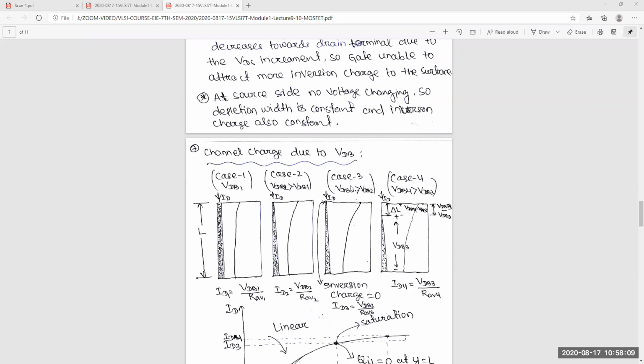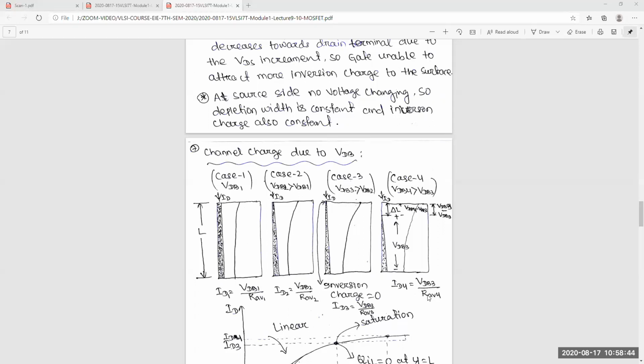If you increase more voltage, what happened? Again, this charge will be zero here. This part understood? Okay. So at which voltage will it be zero? VDB3, because already you have discussed. At VD3, yes, sir, the charge is zero, so this voltage is VD3. So the current is flowing, the same current here or here. That means you can calculate this current as nothing but VD3 by this R average.